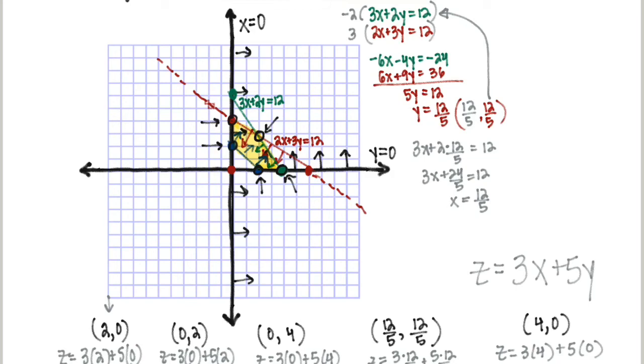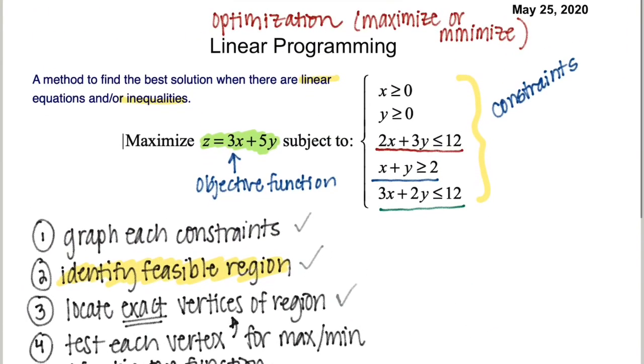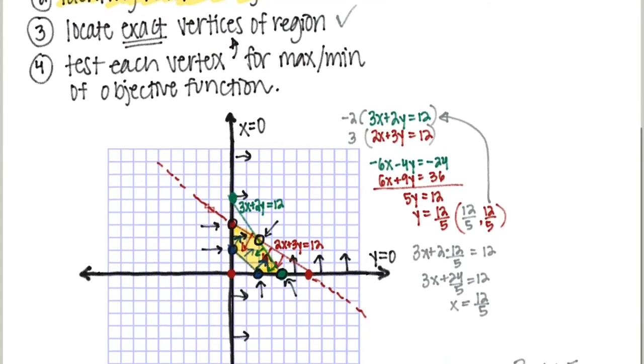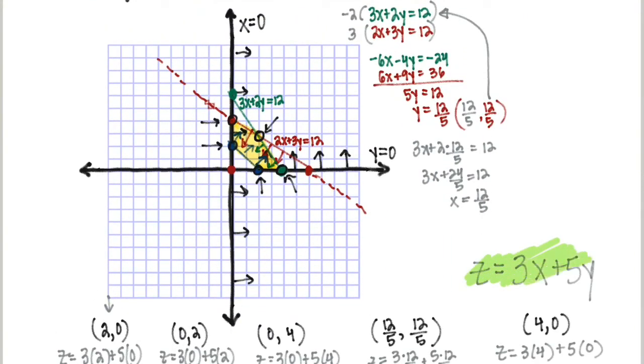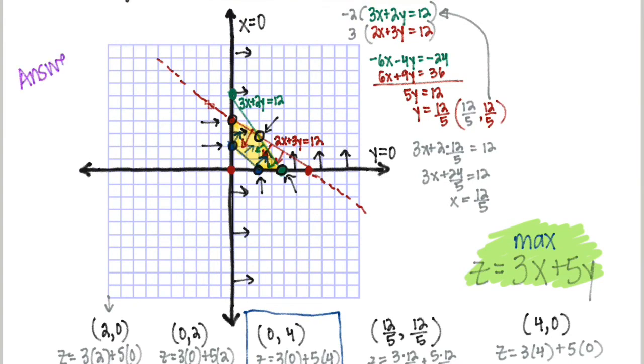So we want to maximize or minimize. What did it say there? Maximize or minimize? We wanted to maximize. So we want to maximize this objective function. So which vertex gives us a maximum value for z? And that would be this vertex right here, 0, 4. That gives us a maximum value. So we want to maximize it. So our answer is, here's our answer. Our answer is 0, 4